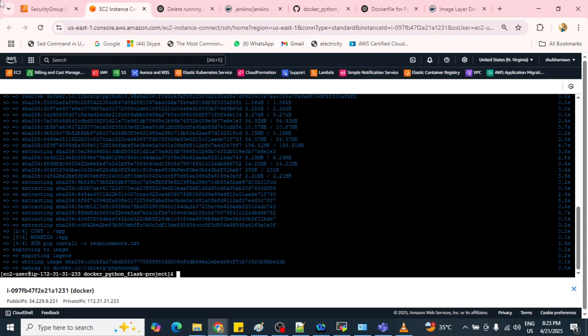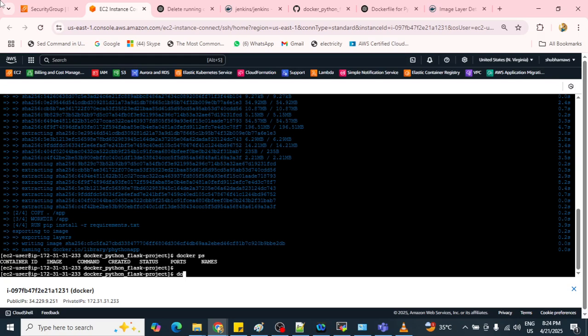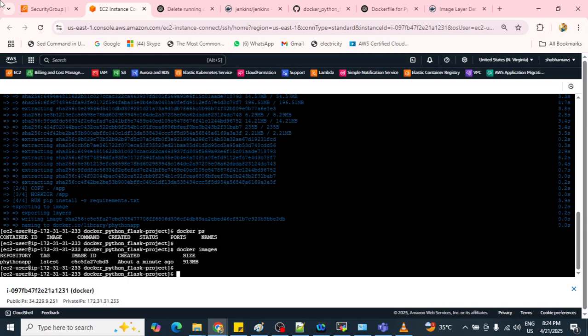Now run the command docker ps to check the running containers. To check the images, what is the command? docker images. Now you can see our image has been created, and this image contains the operating system as well as the application.